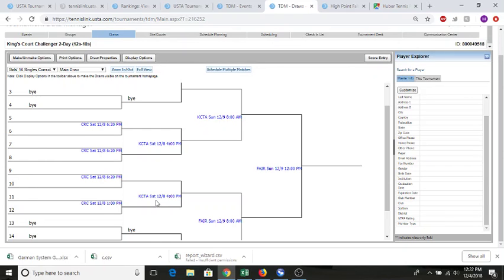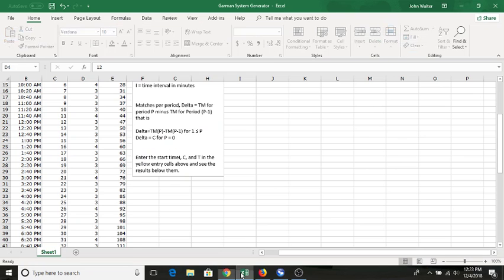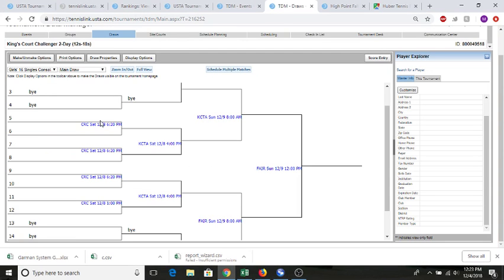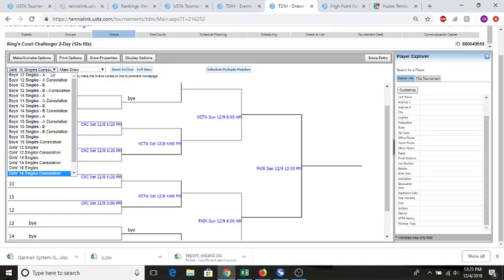So it eliminates a match. So essentially where you have a player that has advanced to the second round and they're playing a match that has to play in the round prior and they're waiting on the winner, if that player wins, they're not going to have a consolation match. So you can overschedule if you have that by 1 or 2 matches depending on how many times that occurs in that same draw. So I'm going to schedule an additional 620 match, even though it calls for 4. I'm going to schedule 5. So since I've done 3 here in girls 16s, I'm going to schedule 2 more at 620